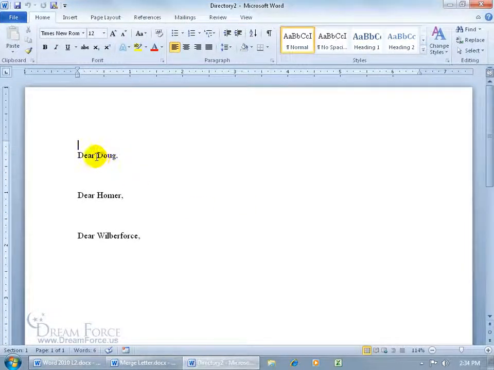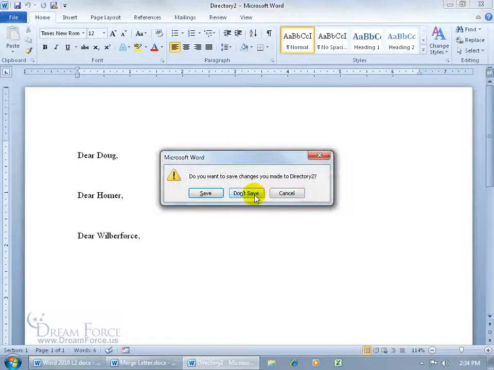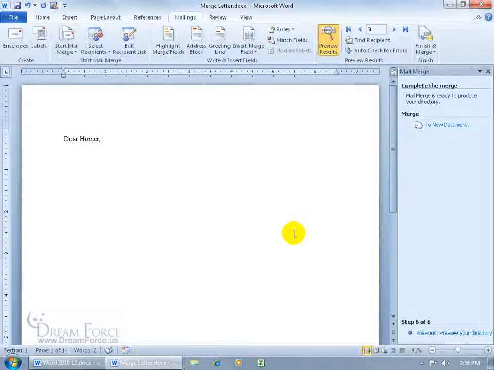Dear Doug. Well, of course I could have deleted the dear here and had their extension. So Doug is at extension 516. If I had the merge field, it would show up here. Then Homer's extension, Wilberforce extension, just like a directory there. Okay. Let me go ahead and close out. Don't save it. And last but not least, everything that you have over here in the wizard is available up